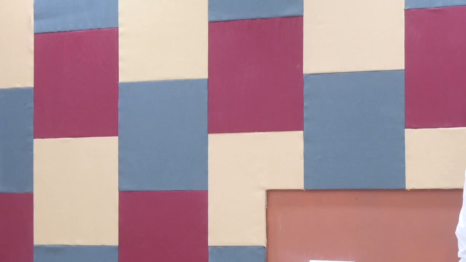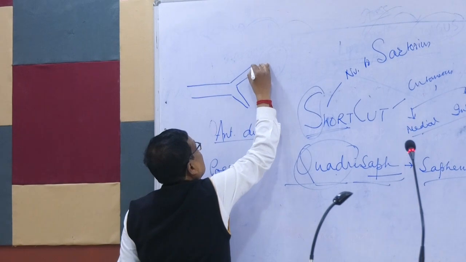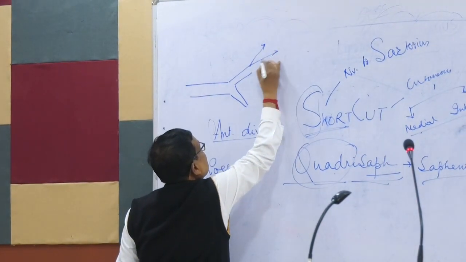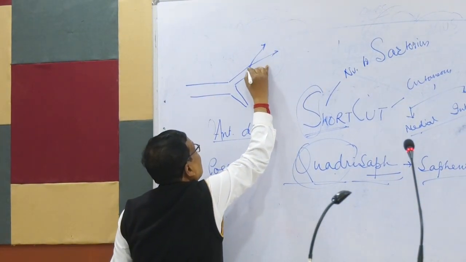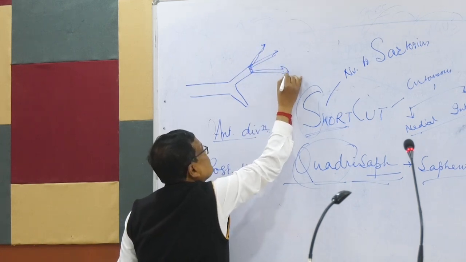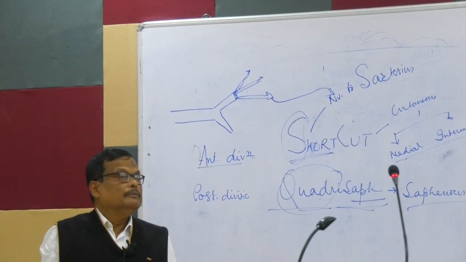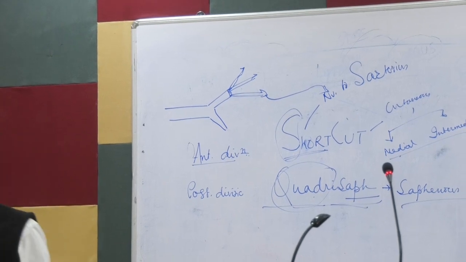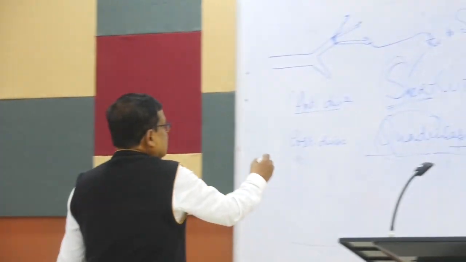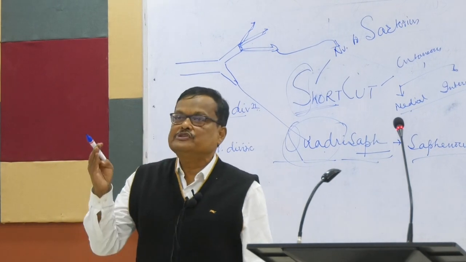So shortcut means from the anterior division of the femoral nerve, two cutaneous nerves and one muscular nerve arise. The muscular nerve is the nerve to sartorius, and the cutaneous nerves are the medial cutaneous nerve of thigh and the intermediate cutaneous nerve of thigh. And from the posterior division, quadriceps means nerve to the quadriceps muscle, meaning nerve to vastus medialis,